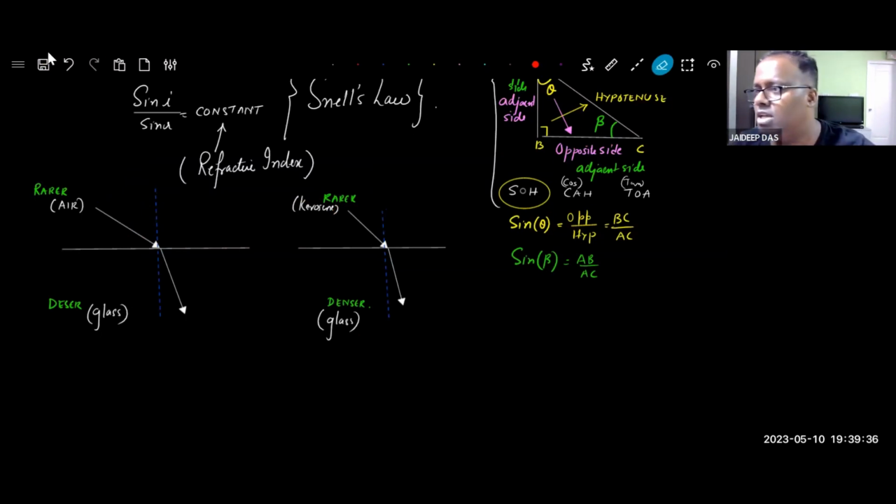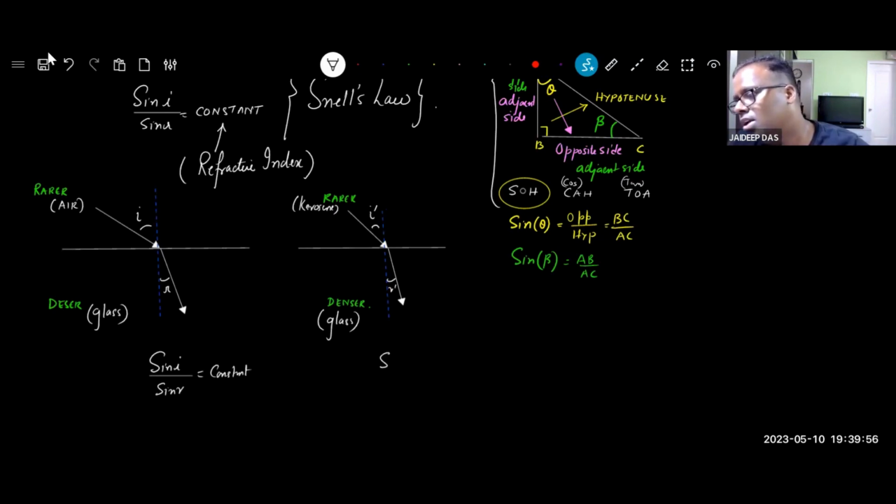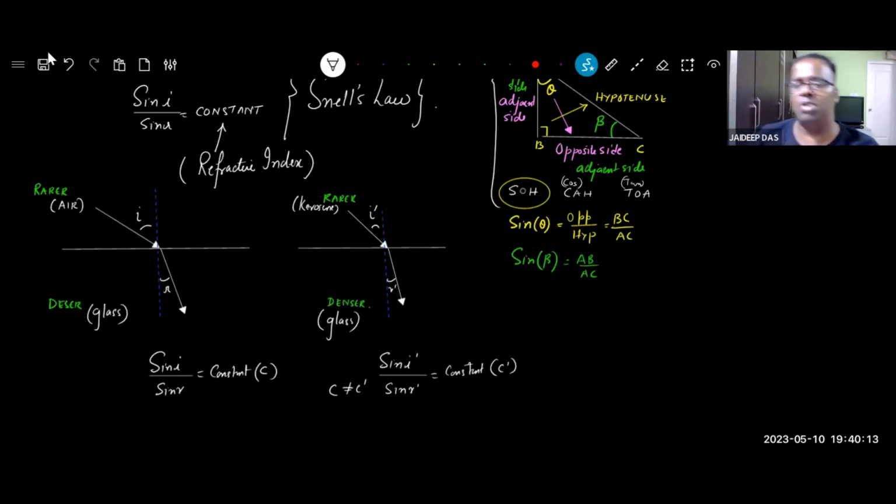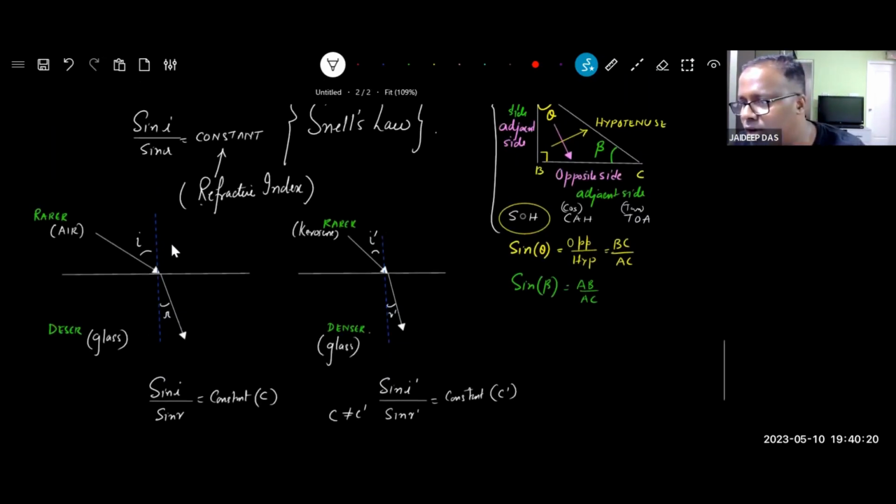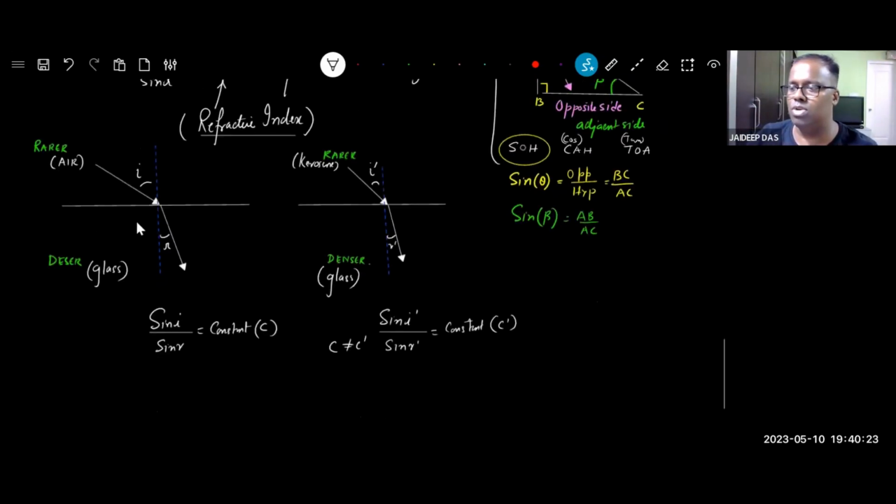नाउ ऑब्वियसली यहाँ पे क्या हो जाएगा बेटा, यहाँ पे एक आई होगा, यहाँ पे एक आर होगा, यहाँ पे आई डैश होगा और यहाँ पे आर डैश होगा। अब आप बोलोगे कि सर साइन आई बाई साइन आर इधर मिलेगा, ये कांस्टेंट होना चाहिए। बिल्कुल कांस्टेंट होगा। इधर साइन आई डैश बाई साइन आर डैश, ये भी कांस्टेंट होना चाहिए, बिल्कुल होगा। इसकी वैल्यू मान लो अगर सी है, इसकी वैल्यू सी डैश है, याद रखिएगा सी कभी भी सी डैश के बराबर नहीं होगा, क्योंकि रिश्तेदारी बराबर में नहीं हो रहा है। आर यू अंडरस्टैंडिंग? तो ये जो हमने लिखा ना रिफ्रैक्टिव इंडेक्स, मैंने तो लिख दिया कि दिस कांस्टेंट इज नोन एज रिफ्रैक्टिव इंडेक्स।